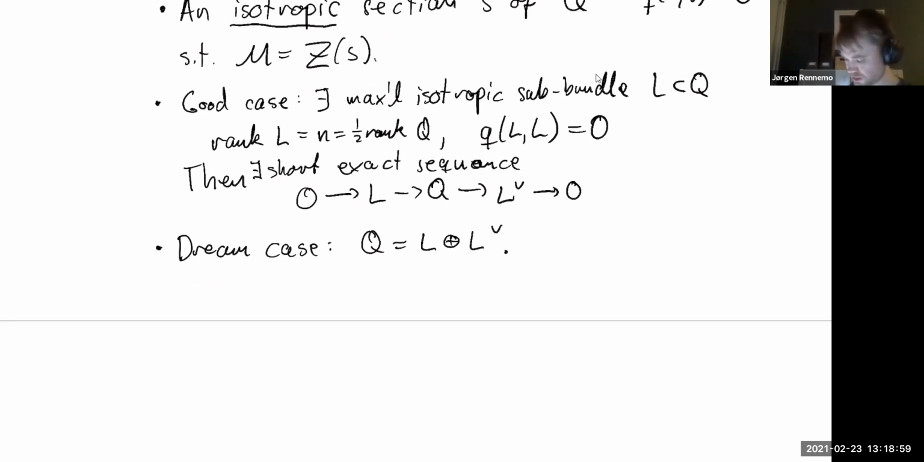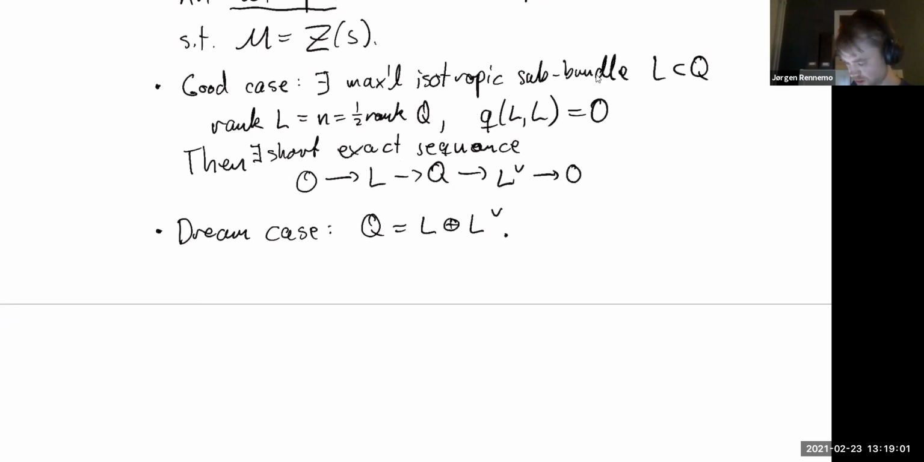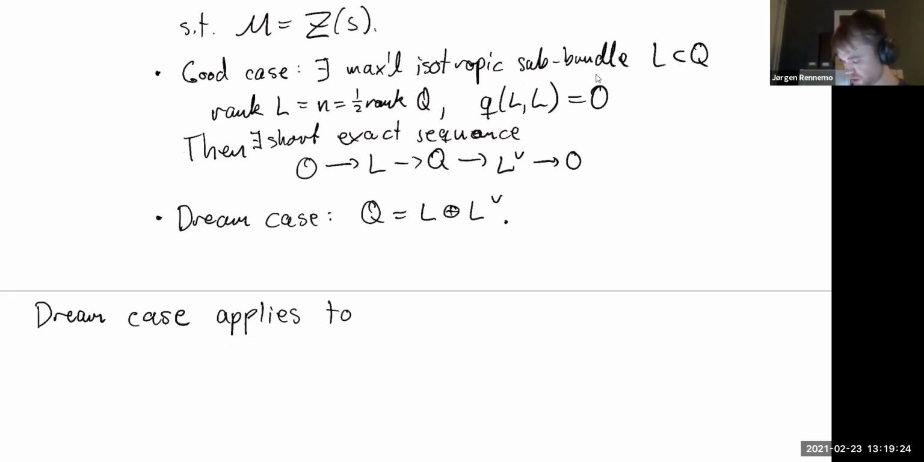Okay, so I think the last thing I said last time was that the Hilbert schemes that we care about actually globally fit into the standard model of Owen Thomas. And not only that, the dream case applies to